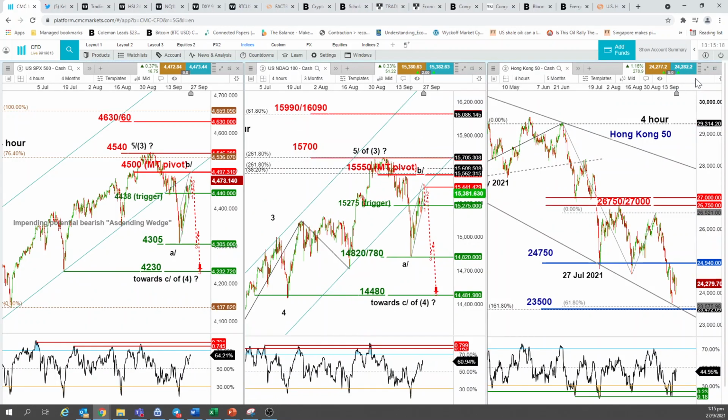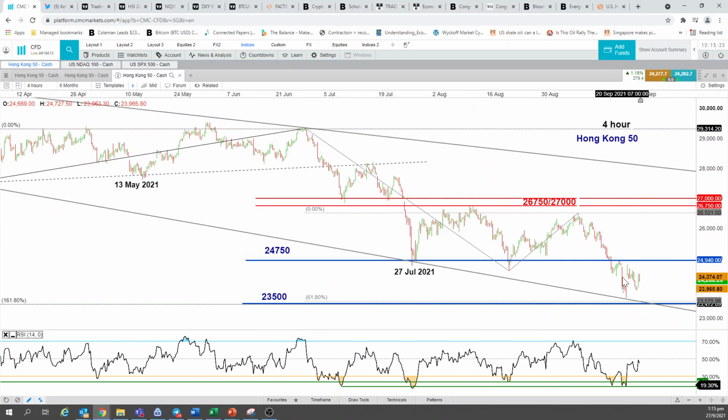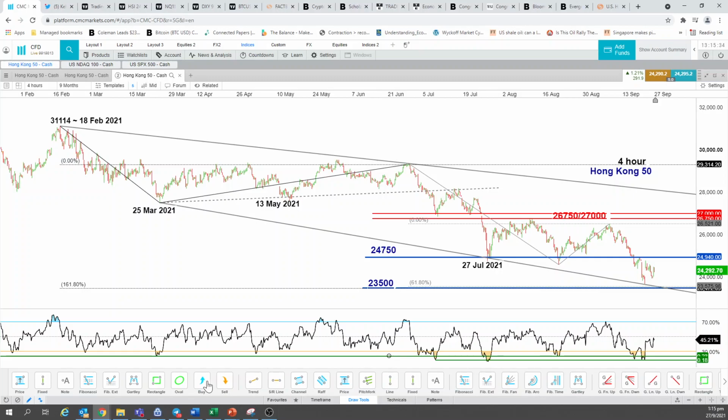Okay. Now, on the Hong Kong 50, pardon me. So Hong Kong 50 returned neutral last week. What we could see, since the start of this corrective decline since 18th of Feb this year, is that it's been down by more than 20%. So if you look at this scenario over here,